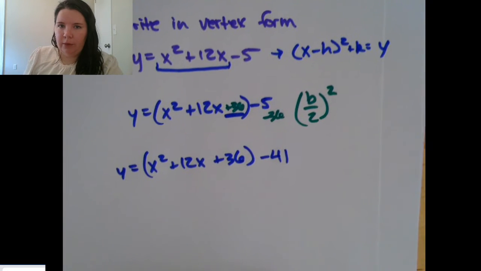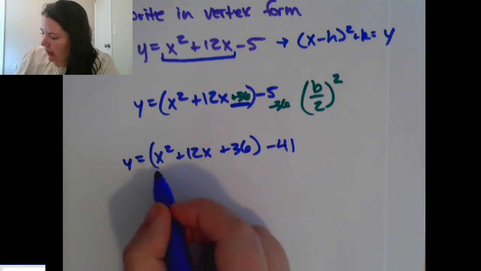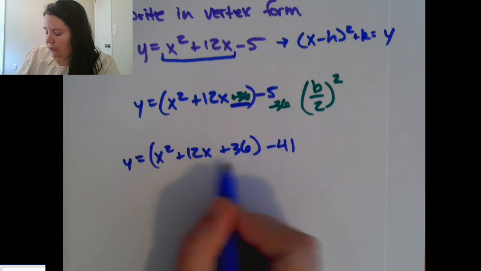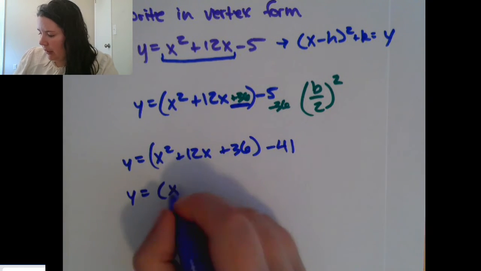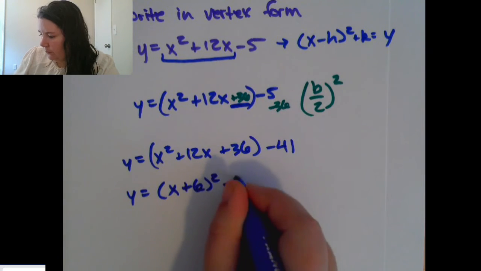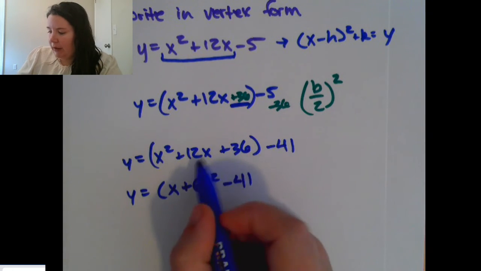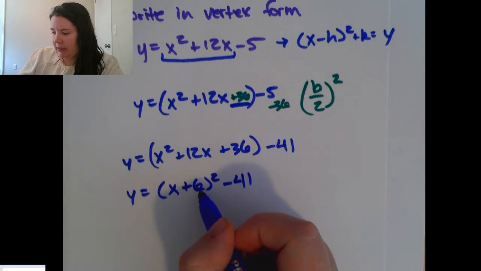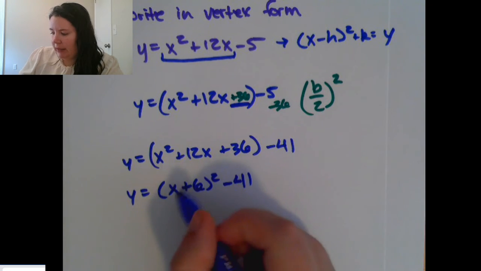All right, one more step until this is in vertex form. I have this nice, pretty, perfect square trinomial. So now I can write this in a nice factored form. There it is. This is why we want to use half of b squared, because then it just turns into this nice perfect binomial. Because,